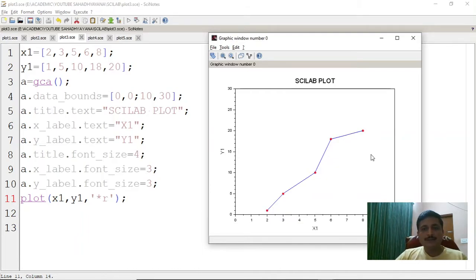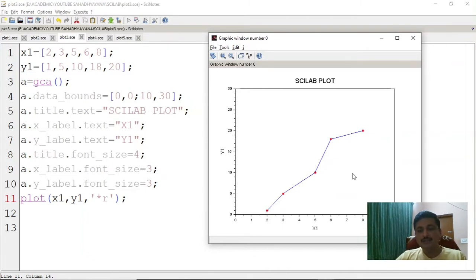Now sometimes you want only this graph. So always remember, once a graphical window is open, it will plot over that. It's not automatically off. I didn't close this. I just minimized this and I have done this. So whatever changes I have made, the changes have happened in the existing plot itself.